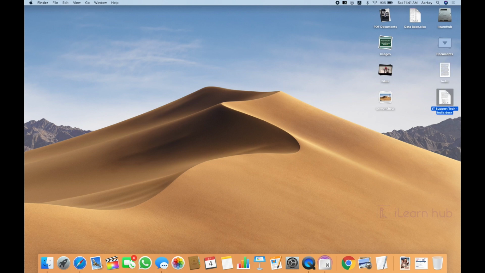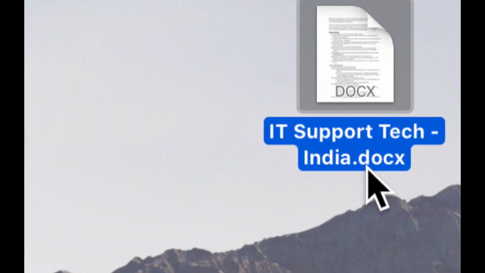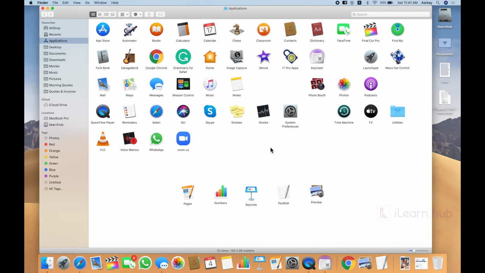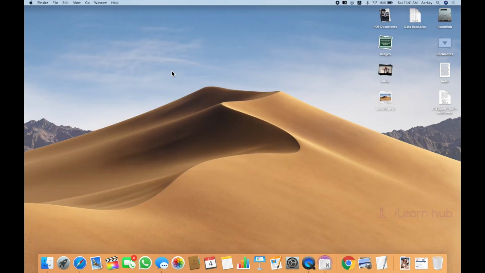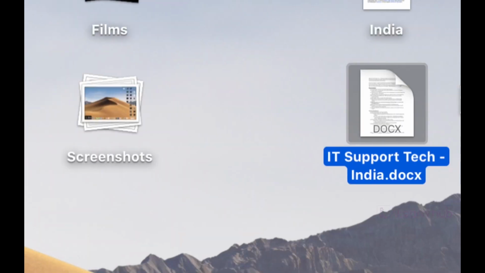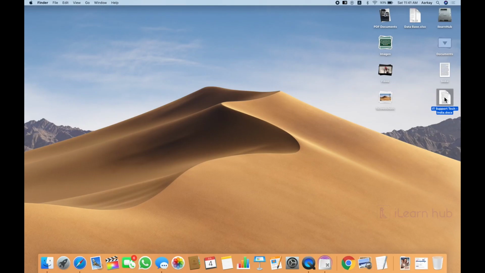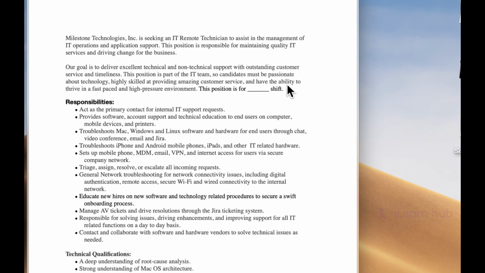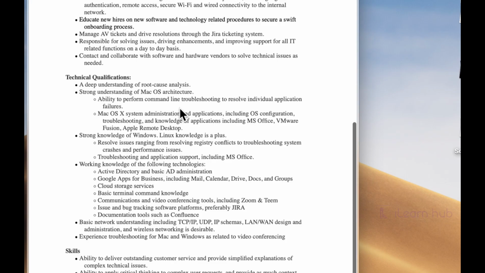If you look at this document .docx, which is actually a Microsoft Word document, I don't have Microsoft Office installed at all in this computer, but without even installing Microsoft Office, still I am able to see the content of any doc file. So how to do this? The same method, use spacebar, and then you can straight away see it.